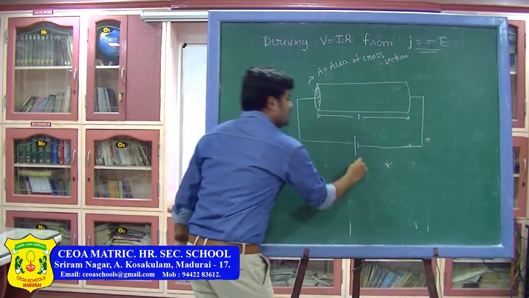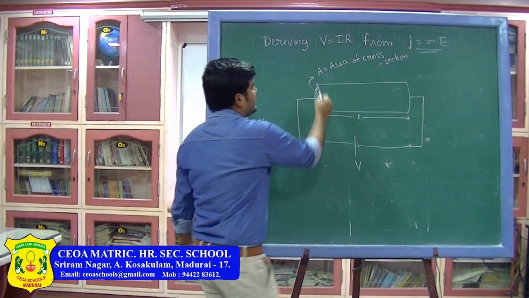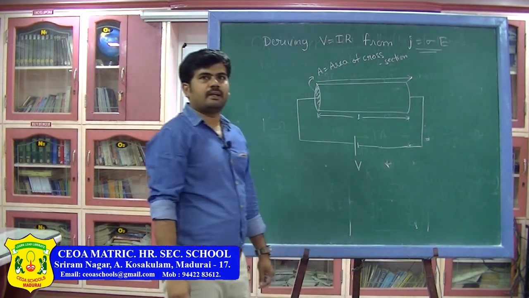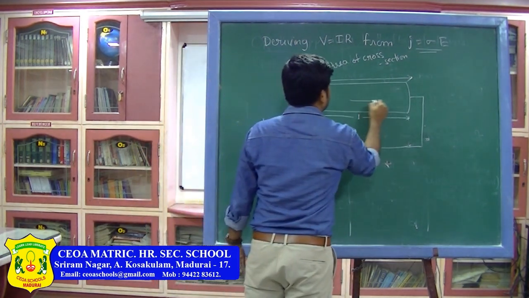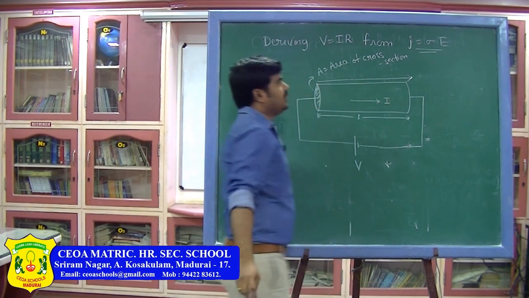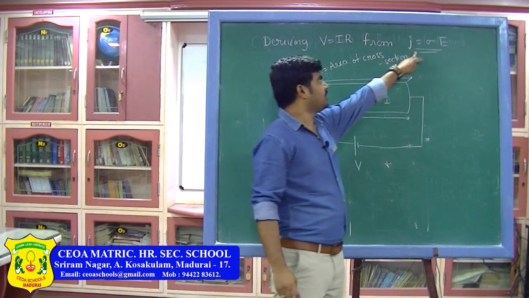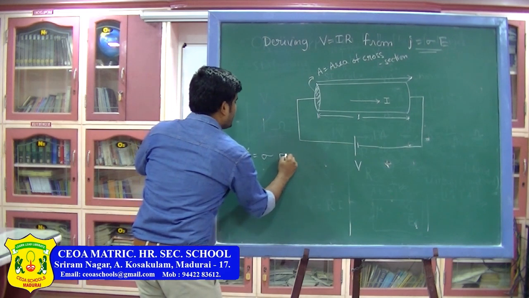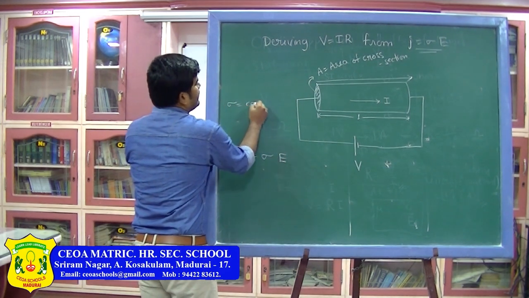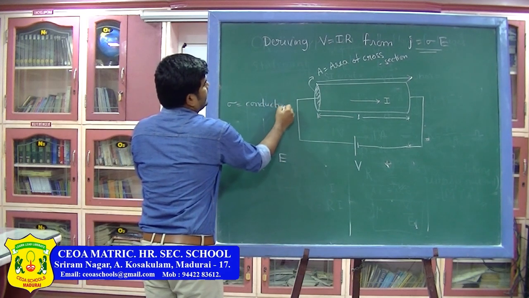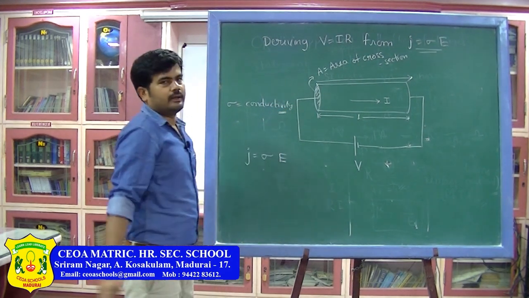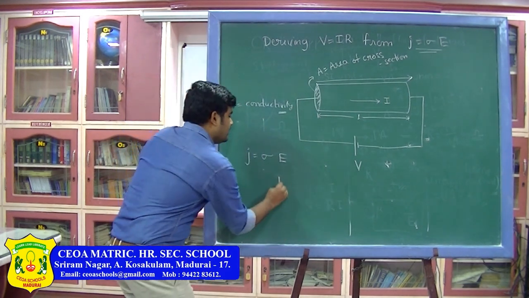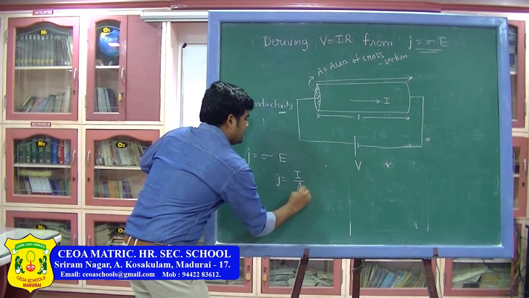So, when a potential difference of V volts is applied, an electric field E is established throughout the conductor, so that a current I will be passing in the conductor. So, current is I. Now, taking the expression for the microscopic form of Ohm's law, which is given by J is equal to sigma into E. Remember, here sigma is the electrical conductivity of the given material. Now, J is nothing but current density, that is current per unit area, which is I divided by A.